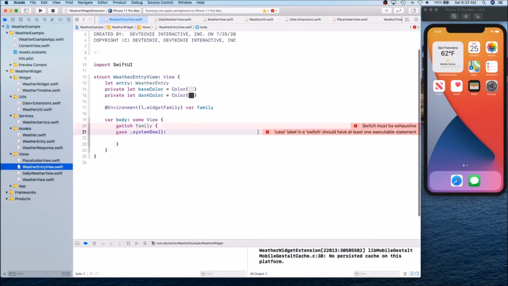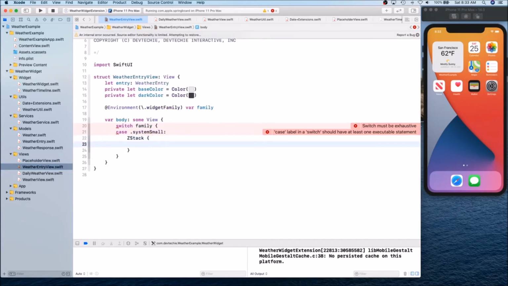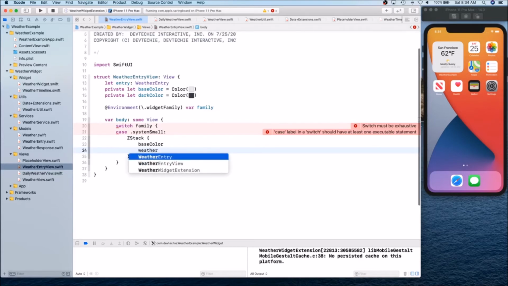And for the small case, we're gonna create a ZStack. Inside this ZStack, we're gonna have the base color first of all, and then we're gonna have our weather view, the newly created view,